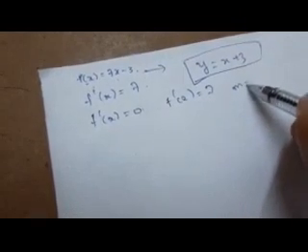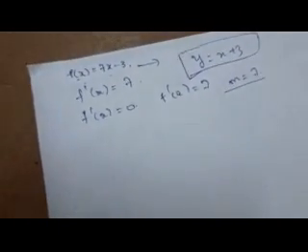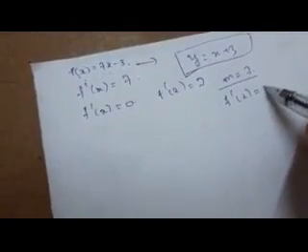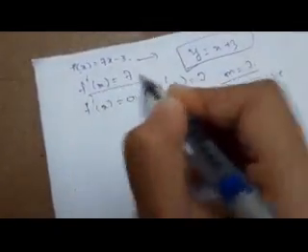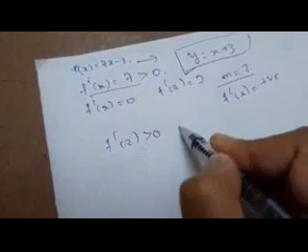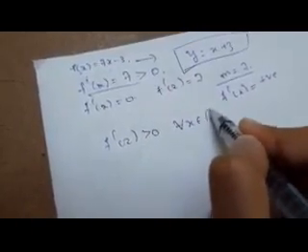So when I am talking about f of x is equal to 7x minus 3, here what happens? Our slope is positive. When the slope is positive, it means what happens? Our f dash of x is also positive. You can see here f dash of x is equal to 7, which is greater than 0. Here you can say that f dash of x is greater than 0 for all x belonging to the set of real numbers.